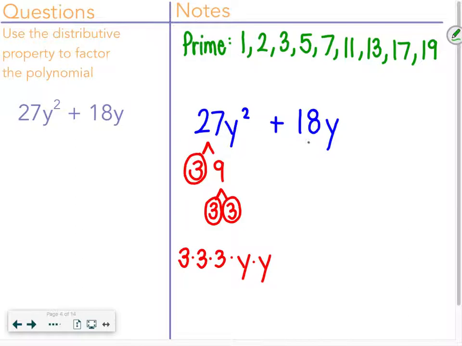and then 18y. Now there's a couple different ways you can multiply to make 18. You can multiply 2 and 9 or 3 and 6. It does not matter which one you choose, you will end up with the same answer. So I'm going to go with 2 and 9. 2 is prime, 9 is not. So turn 9 into 3 and 3. 3 is prime. So now I'm finished. So as soon as you get down to all primes, you're done. So 2 times 3 times 3, and then we have just one y